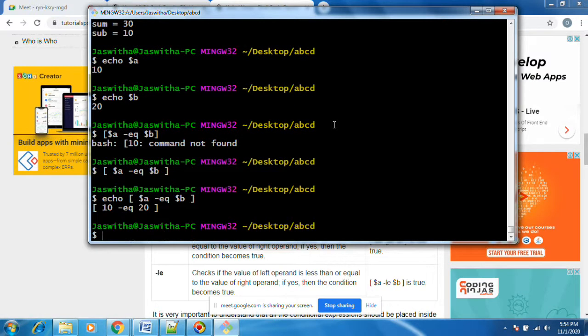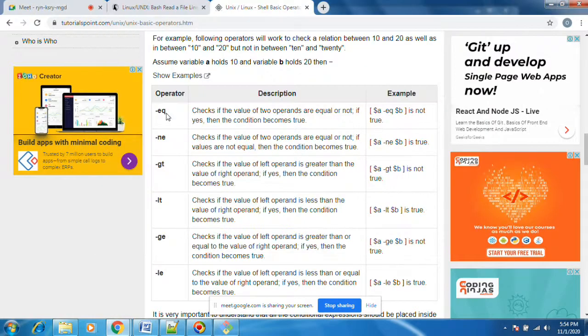It should give either true or false. I don't know why it is coming here. We need to check this condition in an if statement. All these operators will be used in the if statement.